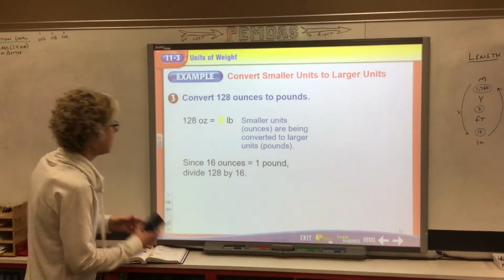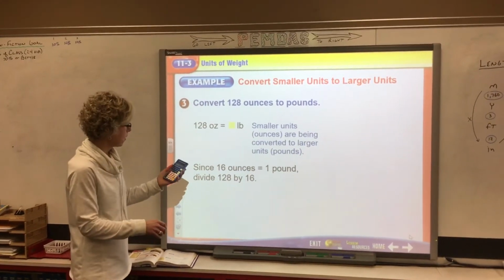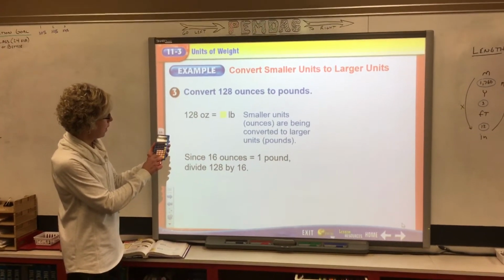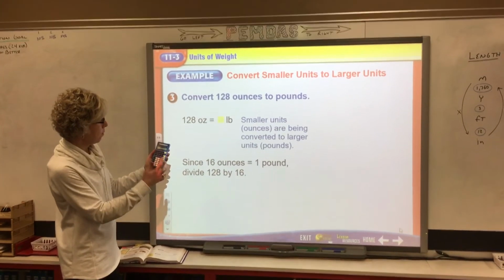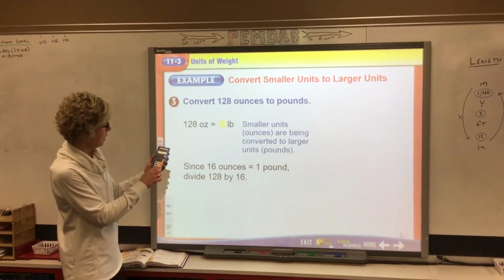And with all of these conversions, you can use your calculator. So in order to do that, you're going to push in 128, hit the division sign, and then we know that there are 16 ounces in a pound, so I would hit divide by 16, and then